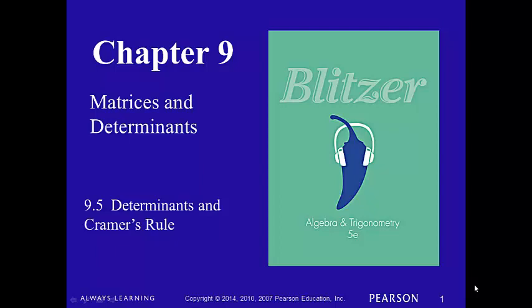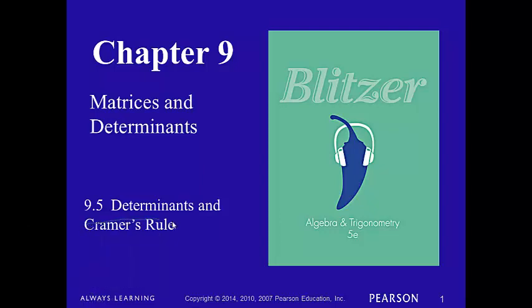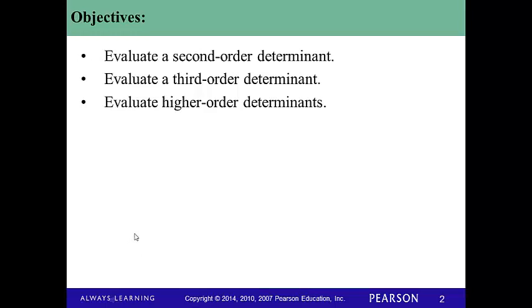Okay, so now we're in chapter 9.5 and we're going to be looking at the determinants of matrices. We do not look at Cramer's rule. Cramer's rule is an alternative way for solving systems of equations using matrices. Here are our objectives,